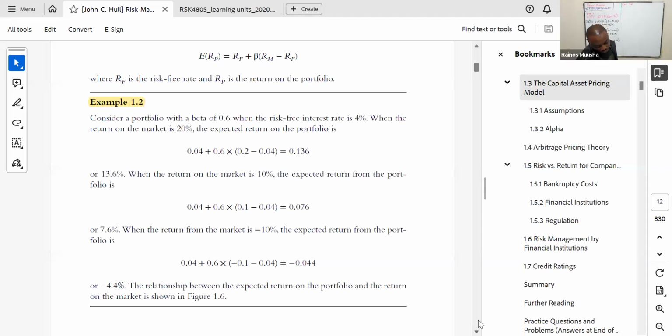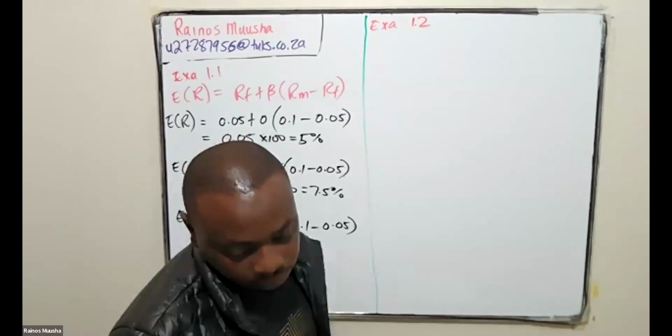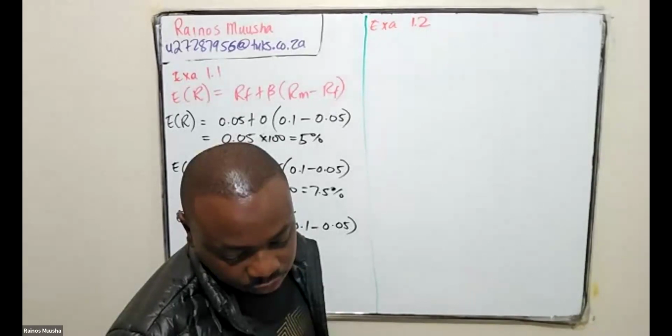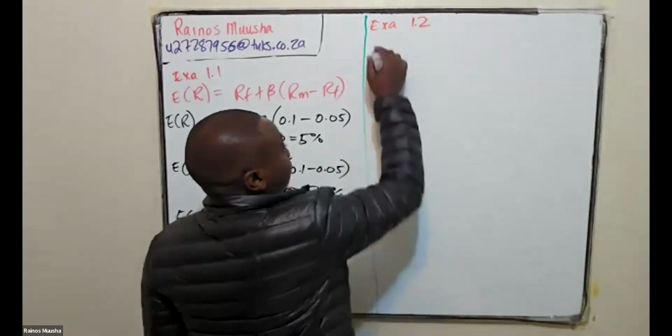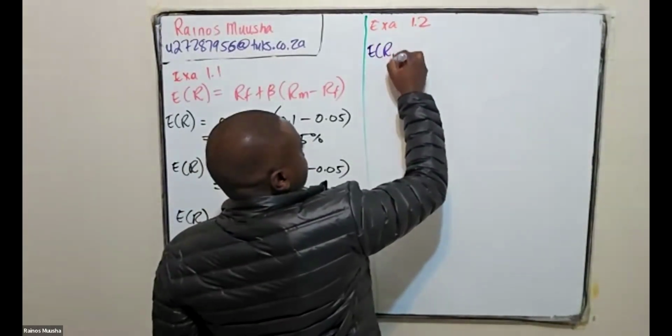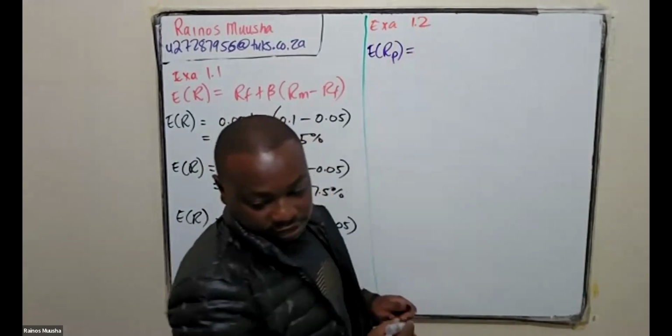In example 1.2, they're saying if you assume that the beta is 0.6, the risk-free rate is 4%, and the market return is 20%, we can calculate the expected return of this particular portfolio. So to determine the expected return of this particular portfolio, we're going to say the expected return of this portfolio is given as